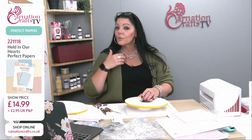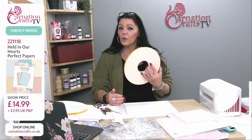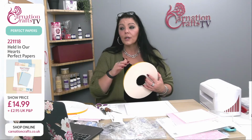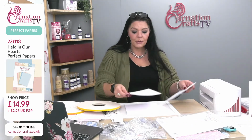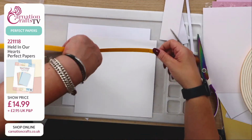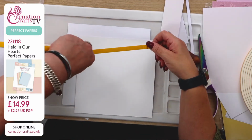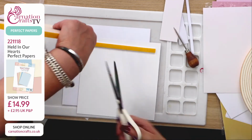So mats and layers, if I want some height on those, obviously if I don't, I can just use finger lift tape. But if I want some height, I can use a 1mm or a 2mm and kind of build up gently so I'm not in your face with it too much. So that's what I'm going to do with this. We're going in with a 2mm. Always the 3 stripes for me. So place it down, cut,